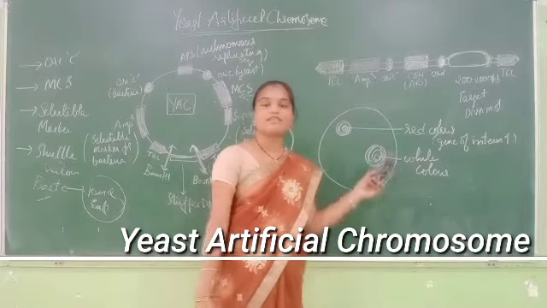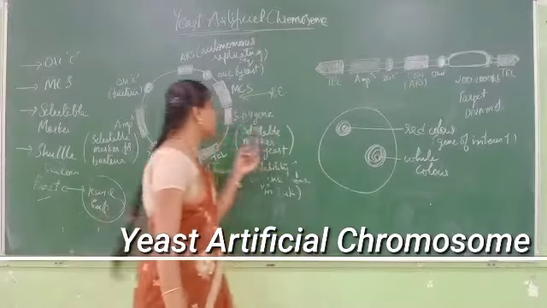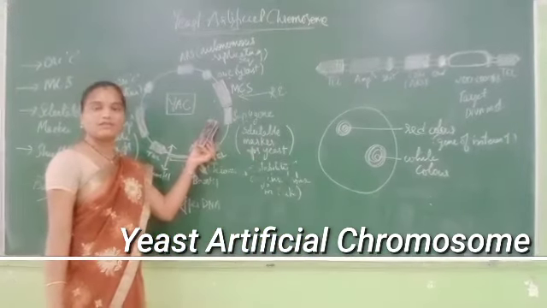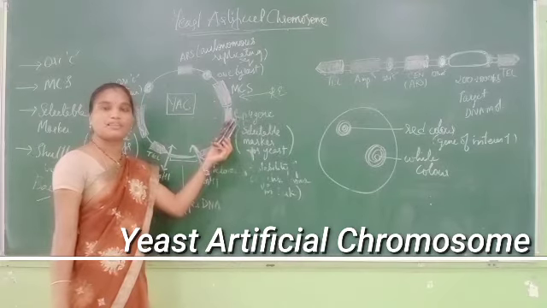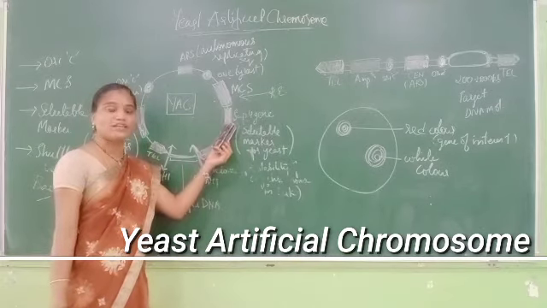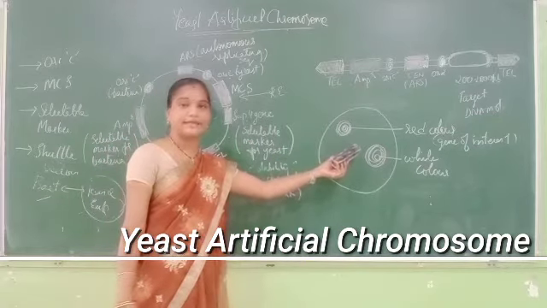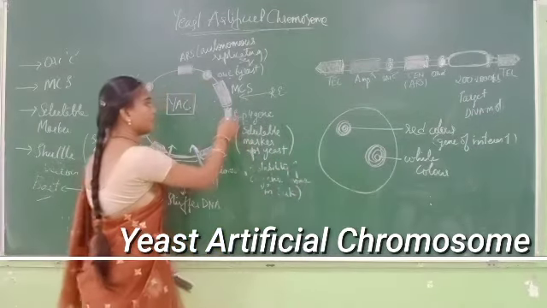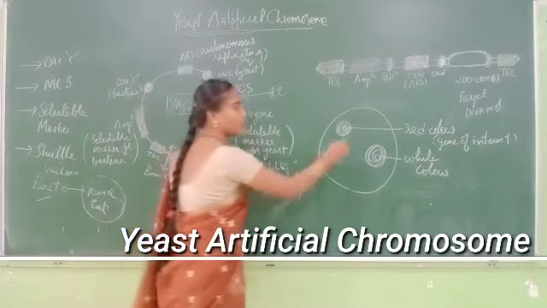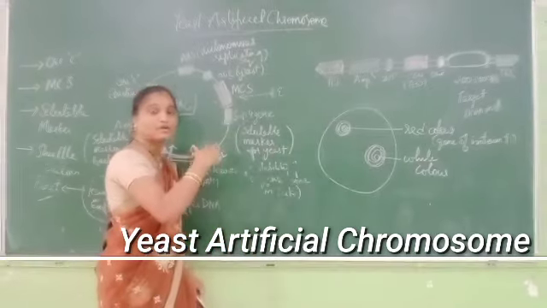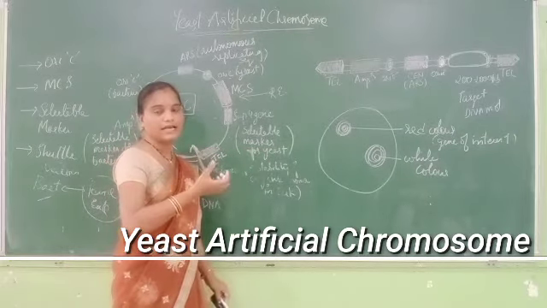So why is this difference observed? The suppressor gene, SUP4, is your selectable marker for yeast. When your target DNA molecule goes and sits on your SUP4 gene, then what happens? This actually suppresses your red color, isn't it? When your target DNA molecule sits on your SUP4 gene, then red color colonies are observed, which indicates that it has your target DNA molecule.